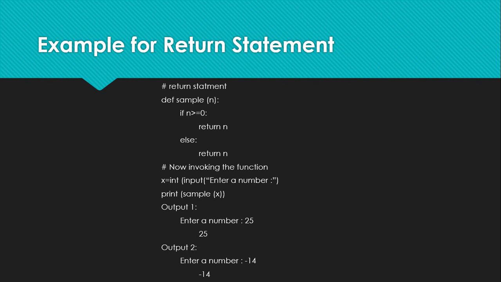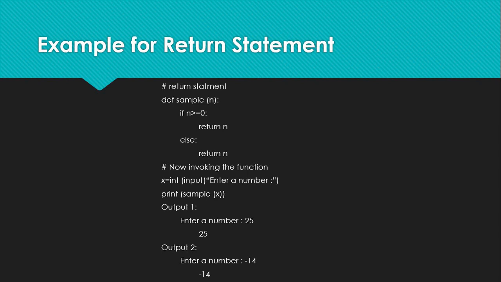You're going to enter a number through the keyboard, and all of you know that the number that you enter through a keyboard is string type data. You convert that string number into a numeric value using the int function and store it under x. The next line says print sample x. So in that print statement, you are going to call the function sample. This becomes the calling statement. Control is transferred from the print statement to the def statement, which is your function definition statement.